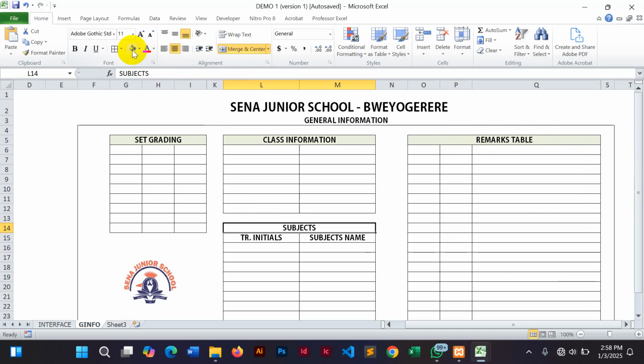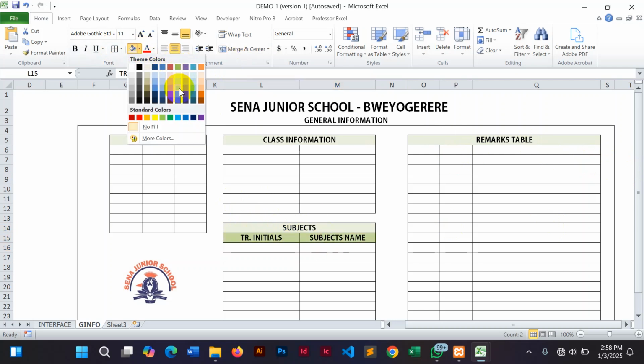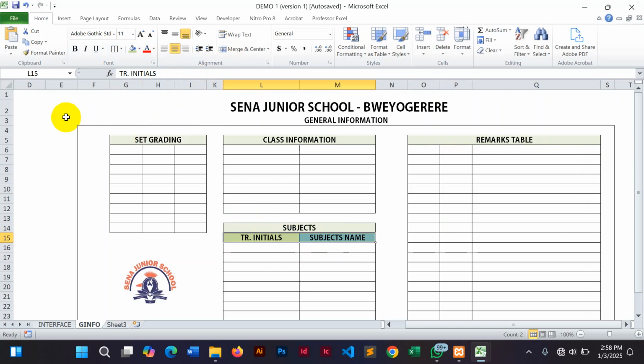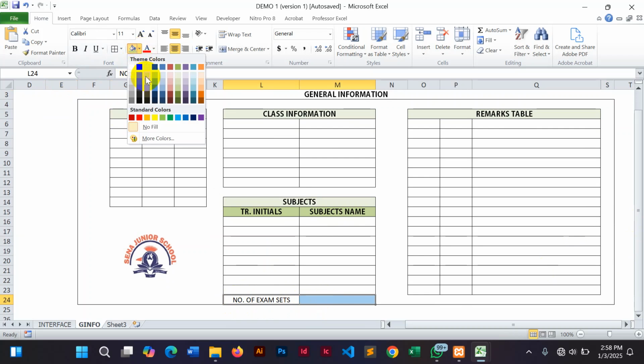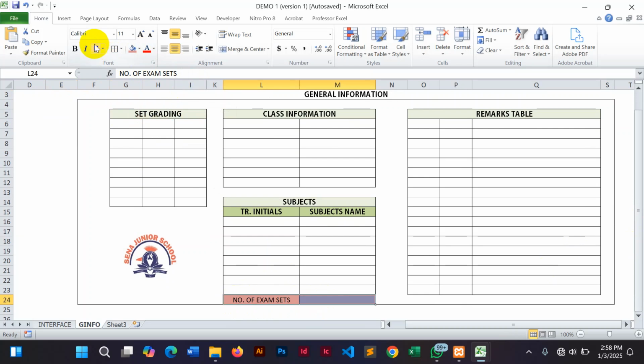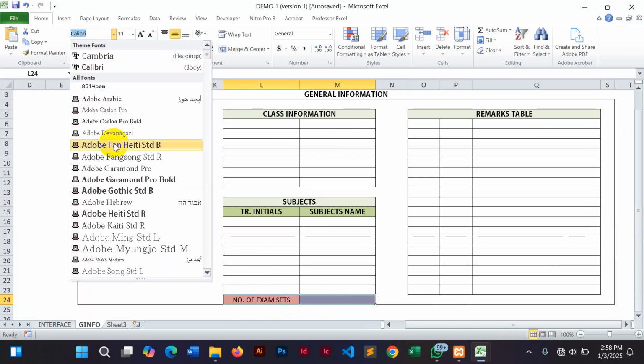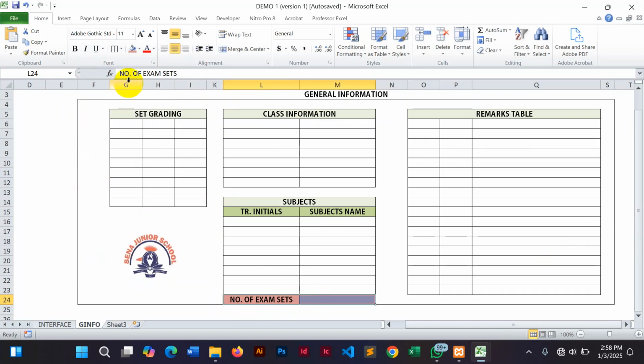subjects. I also make borders. Then these ones I choose the color which is quite like this. Okay, so down here for subjects exam sets, I make it some other color which is quite shouting. Then okay,